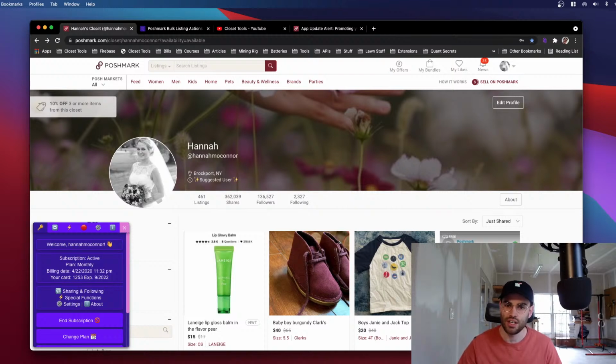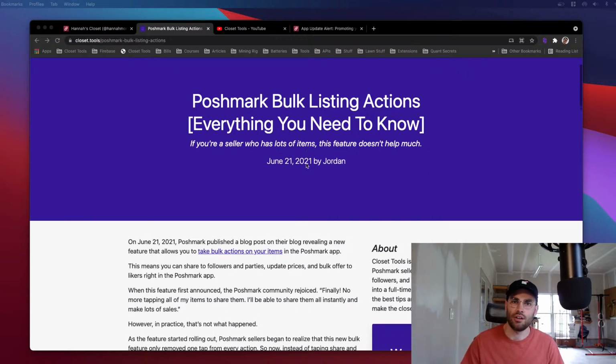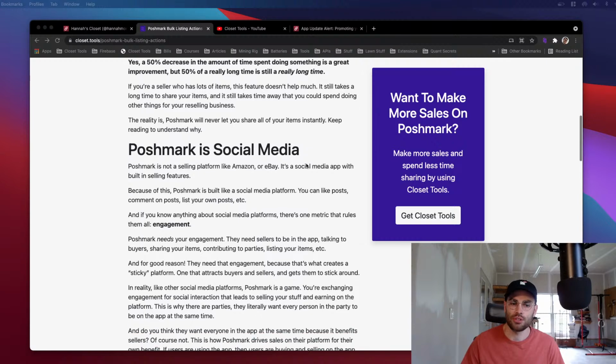One thing I wanted to talk about: I just wrote a blog post on the Closet Tools blog, and I'll post a link in the chat. Basically, I went over why Poshmark will never actually give you fully automated sharing. And it's because